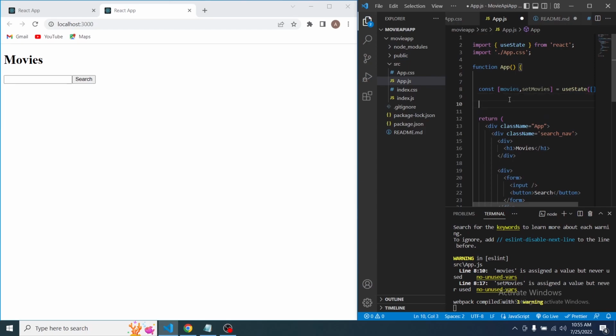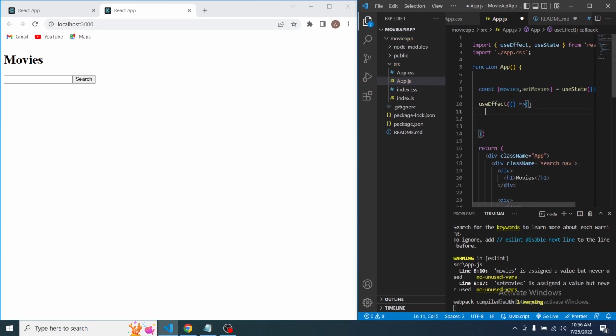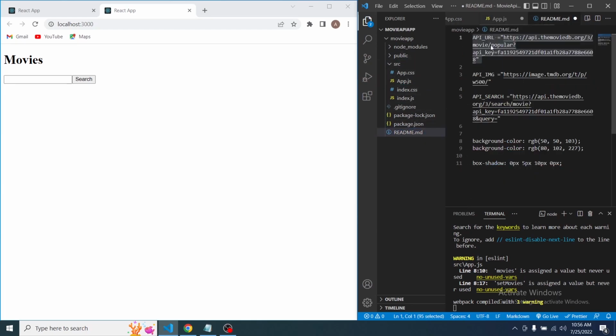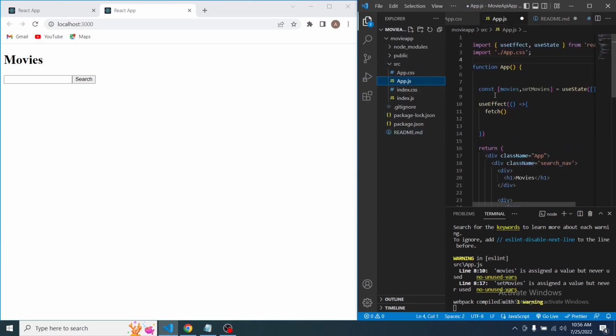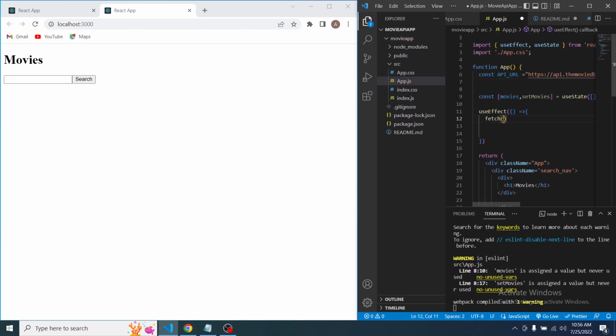To fetch the API and not get an infinite loop, we'll have to use the useEffect hook. So useEffect, make sure you import it as well. And inside we can say fetch the API that we have to import in here. So copy, let's make a const as well, const API_URL, so fetch the API_URL,